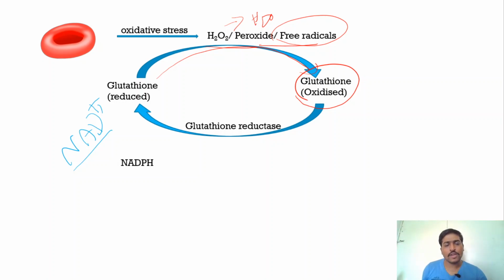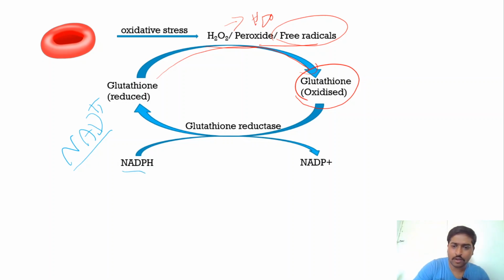This coenzyme called NADPH will be utilized and converted into NADP plus, right? This is the reduced form and now it has become the oxidized form, and the amount of NADPH is also very important. So NADPH will be produced in 2 steps of the HMP shunt. We have already discussed the HMP shunt, so go through it once again to understand the 2 places where NADPH is produced.